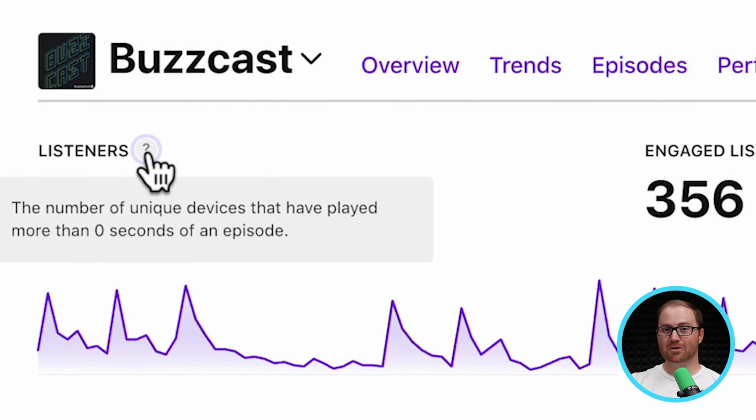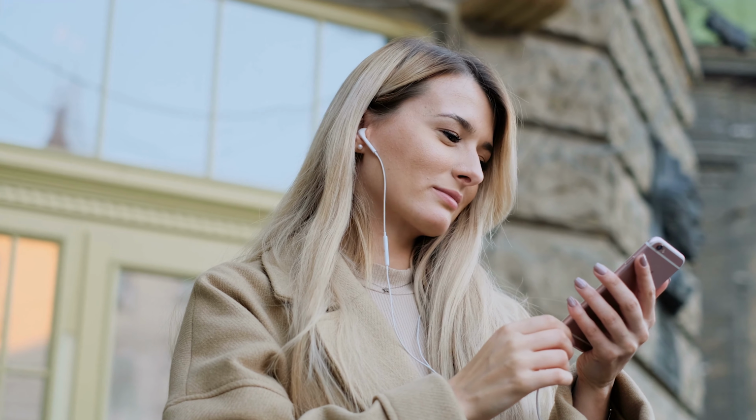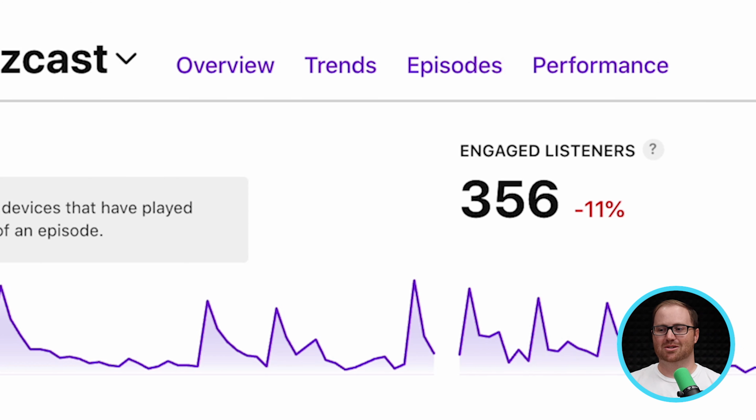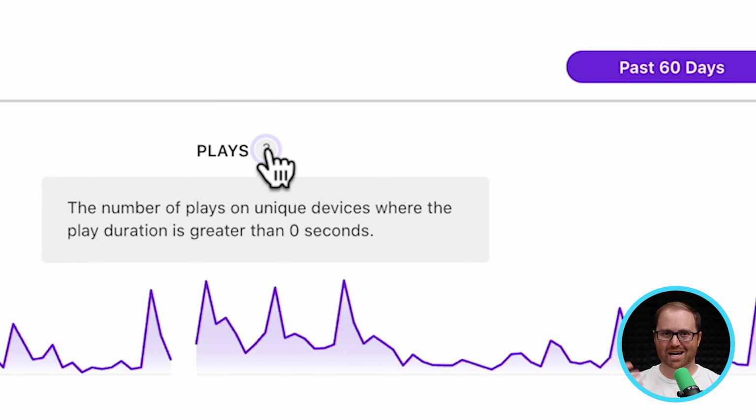Listeners is the number of unique devices that have played more than 0 seconds of an episode of your podcast, which doesn't really tell you a lot. It's like the number of iPhones that hit play at some point in time, but that's about all it gives you. Same thing with plays on the far right. It's telling you the number of unique iPhones, iPads, MacBooks that hit play on an episode, but it doesn't tell